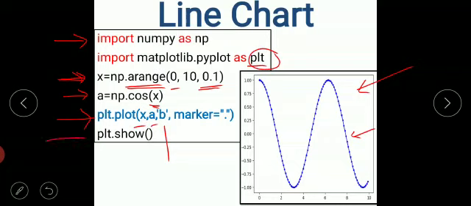Now this plt.show. Children, this statement has created the line chart, but to visualize this chart, to display this chart, we have to use the show function, right? You have to execute it. If you are not going to use plt.show, right, then your chart will not be displayed. So this you have to remember after using the plot function or the different types of functions which we are going to learn. After executing them, you have to use the show function. Getting?